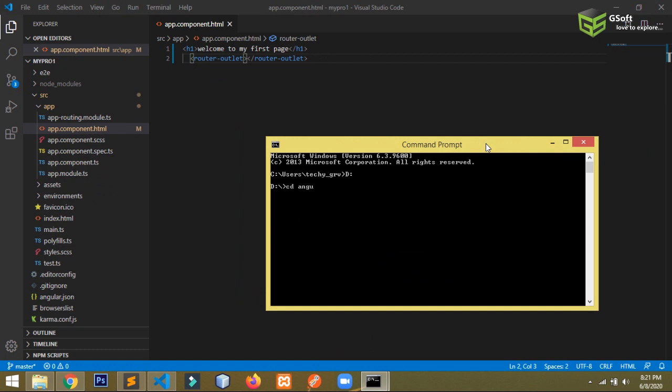Here I will write angular / myprod, enter, and to create a new component you have to write ng g, where g stands for generate, component name as pages. I want to create a pages folder, and inside the pages folder I want to create a header folder. So when I click on enter, it will automatically generate the pages folder, and inside that I will get a header component. So let's execute it.